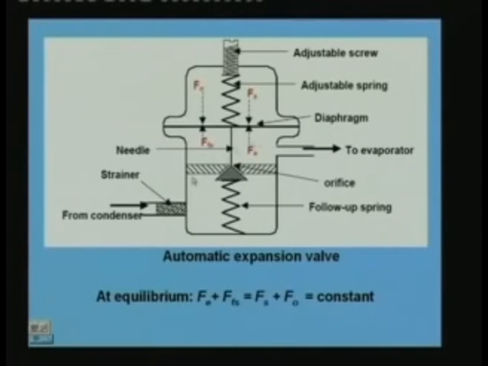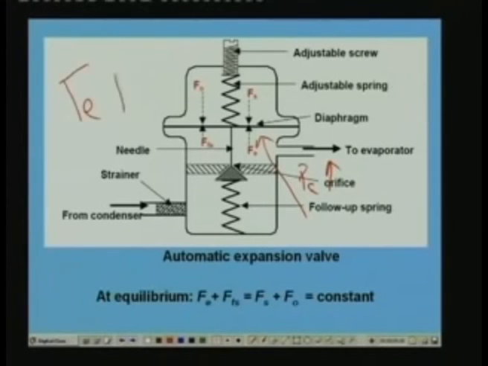That means let us say that because of the increase in the load, this pressure increases. Once Pe increases, Fe increases, right? That means the downward force increases. Once the downward force increases, a balance will be restored at a higher position of the needle. That means the needle moves up. The spring gets compressed, and a new balance is achieved at a narrower opening of the orifice. That means when the load increases, the orifice opening becomes narrower. Once the orifice opening becomes narrower, the mass flow rate through the valve reduces.